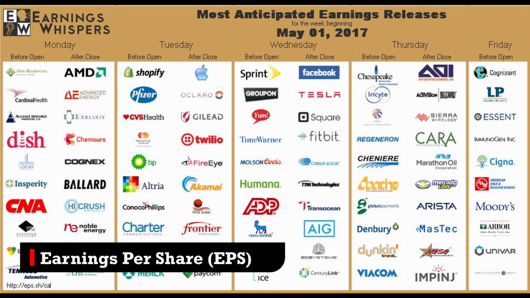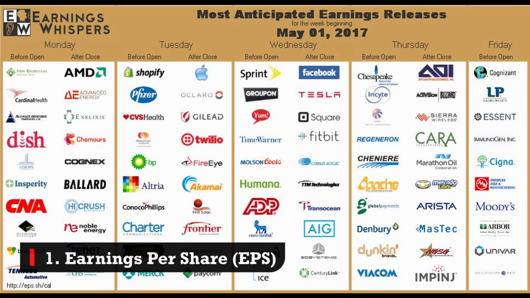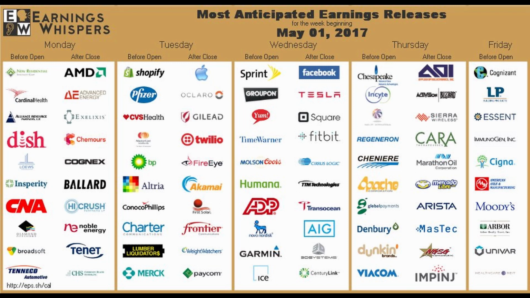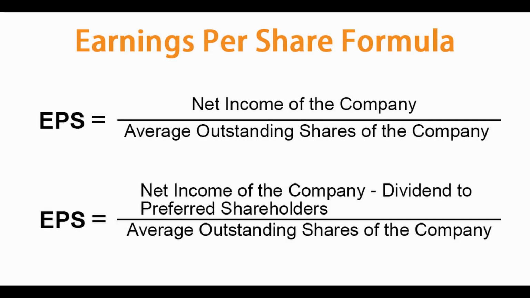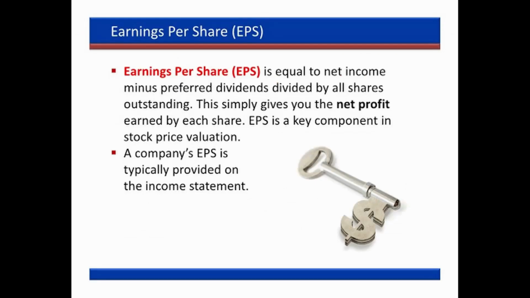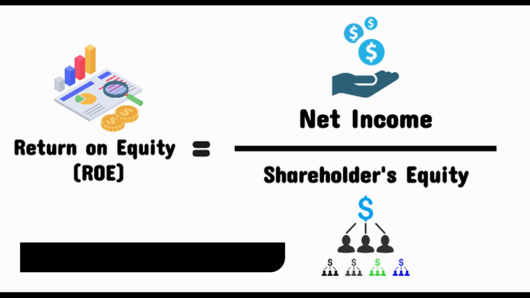Earnings per share is a metric which describes a public company's profit per outstanding share of stock. This is calculated on a quarterly or annual basis. You can get this number by taking the company's net income and dividing it by the number of shares of stock outstanding. The idea behind this metric is to explain how much profit or loss a company is earning for each share. Return on equity is the net income divided by the shareholders' equity.